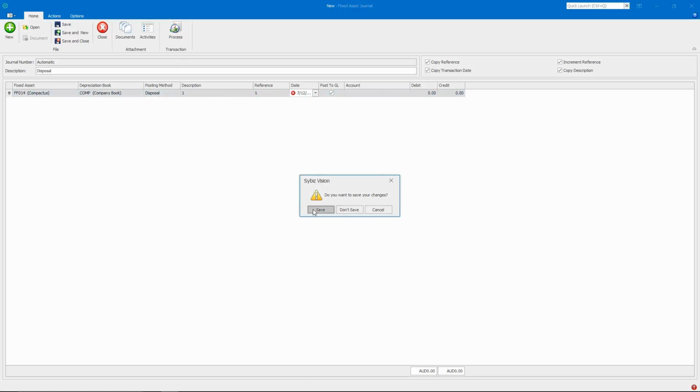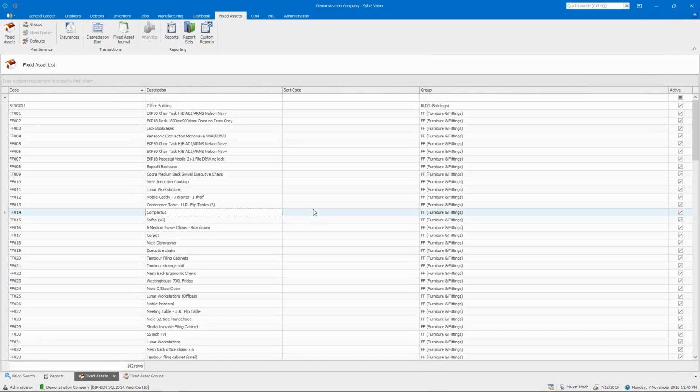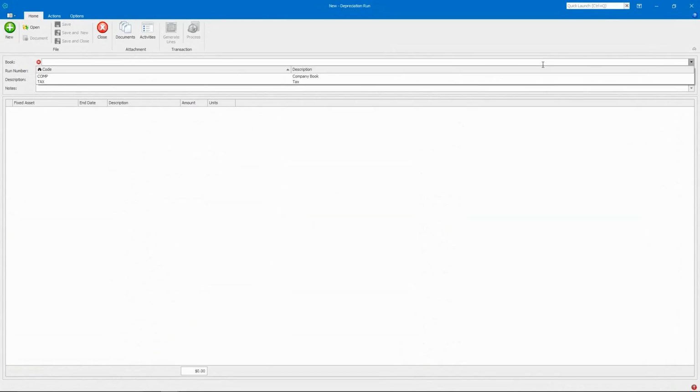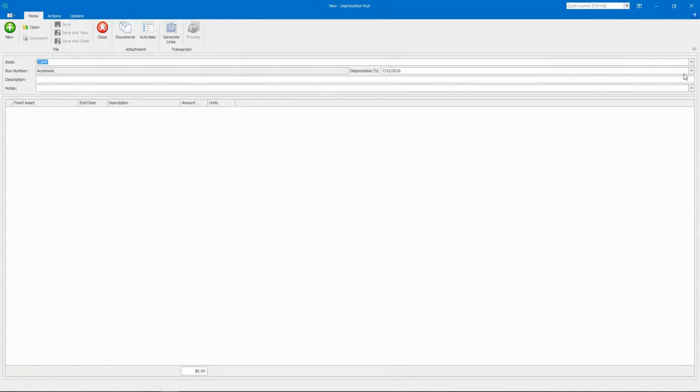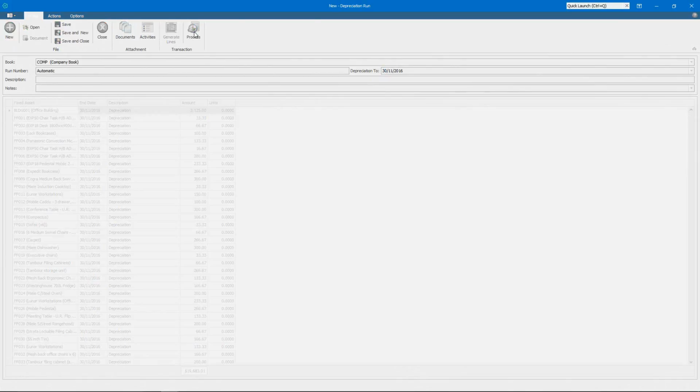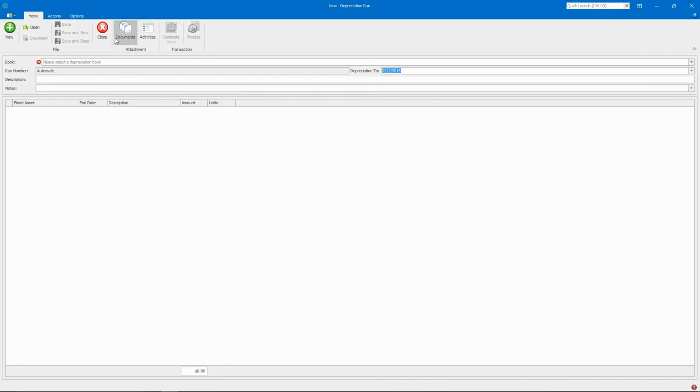I can actually save it to make it a little bit easier when we come back in, so I'll do that. And it's basically saying that you're dating this disposal on the 7th of December, but you've not done your depreciation run for the end of November. So we'll do that now. That intelligence is built into the system, and so we may as well do the depreciation for our entire company book there. So we'll process that through,